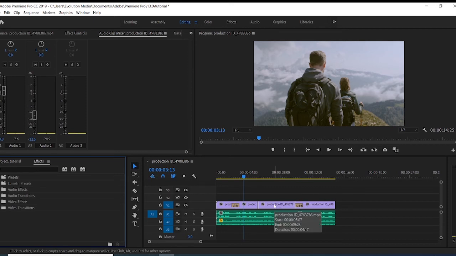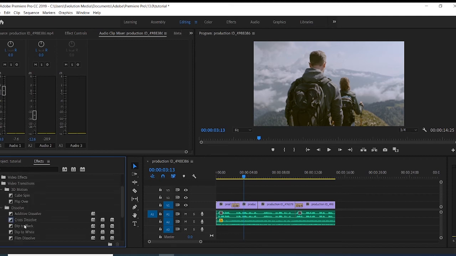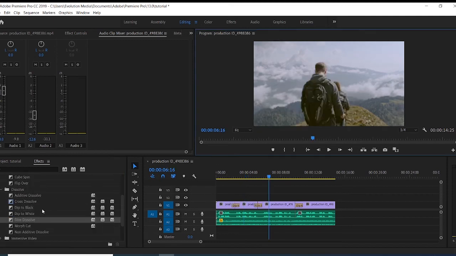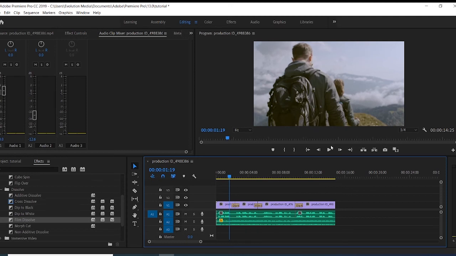The appropriate transition I can use when it's still the same video is just to use dip to white or dip to black or whatever it is that I want to use. So let me just go back to video transition, and then go to dissolve, and then go to dip to black. The most appropriate one when you are transitioning from the same video is to use dip to white or dip to black, as we have dip to black here.